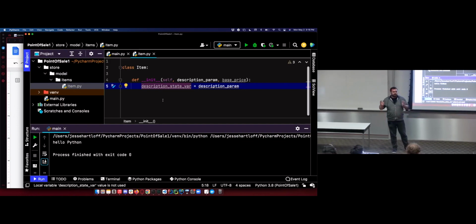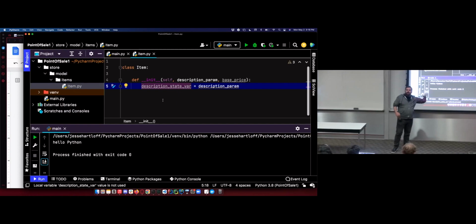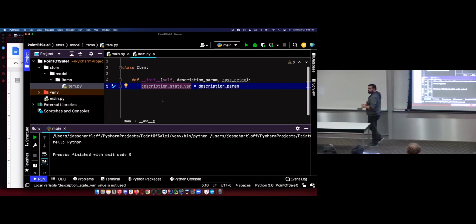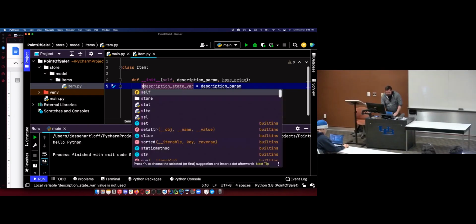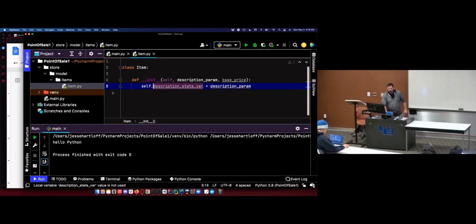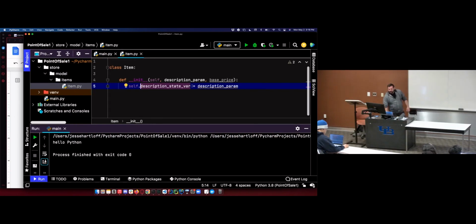We just start using a variable, and then it is automatically declared by Python. So if I do this, Python's thinking that I'm declaring a local variable, which is not what I want to do. I want to create a state variable, so I have to be explicit and put self here. I have to be explicit that this is going to be a state variable. And I'm going to set it equal to the parameter variable.